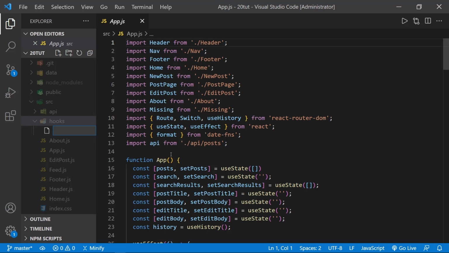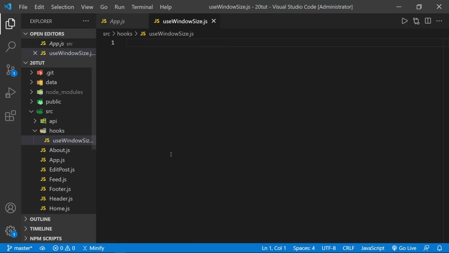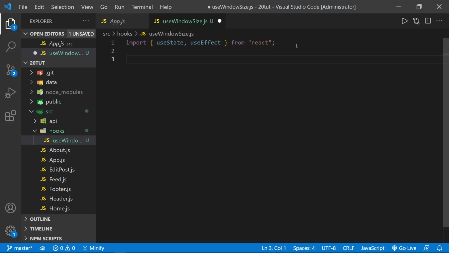And I'm going to call this file use, and that's how we want to start out with every React hook, and then WindowSize. This is a simple hook that will allow me to display how a hook is used to start out with. Then we'll create a more complicated one. But we'll start here with useWindowSize. Now inside this hook, I'm going to import useState and useEffect, because we can use these hooks inside of our custom hook. And now I'm going to say const